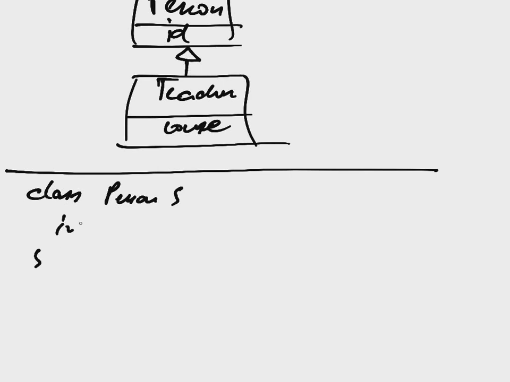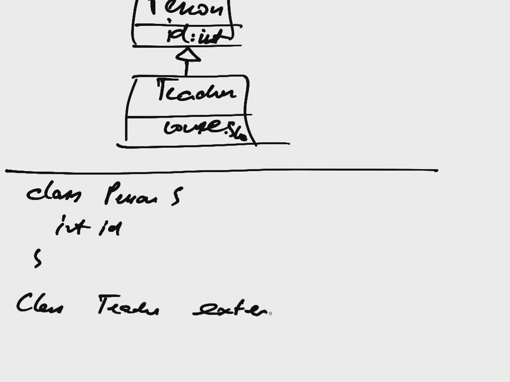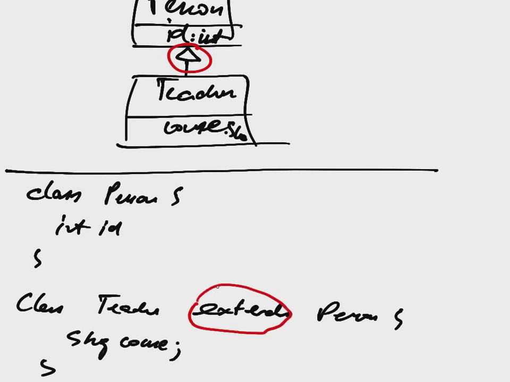and let's say int id, and then of course we should have int as a type here, and here let's say string, and then we would have class teacher extends person and string course inside it. So this extends, in one of the programming languages like Java, goes to this part in code,